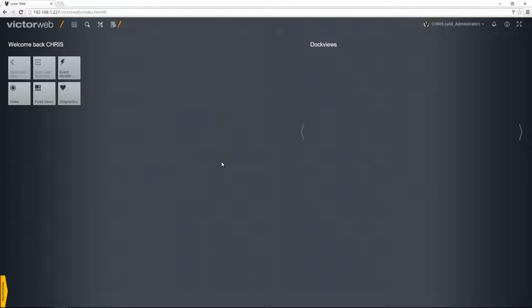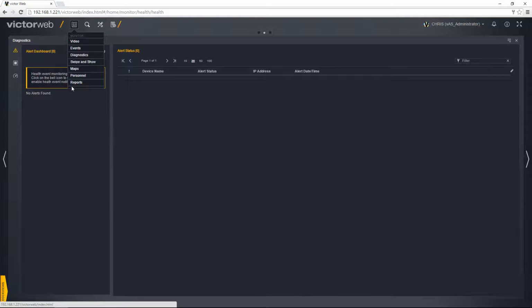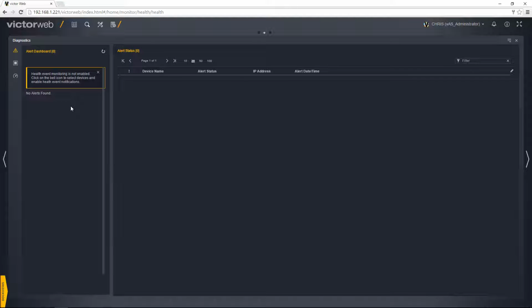Okay, so I'm signed into victorWeb here. I'm going to open up the Diagnostics interface by choosing the Monitor menu and then selecting Diagnostics from the drop-down. And you'll see that the first thing victorWeb is going to do is attempt to open up the alert dashboard. But because we haven't accessed diagnostics information before, we're getting this error message here which says health event